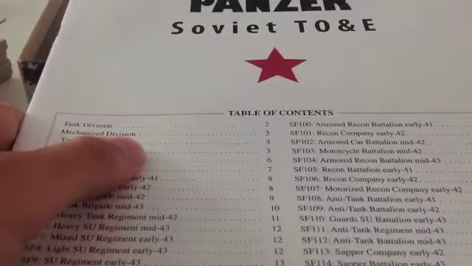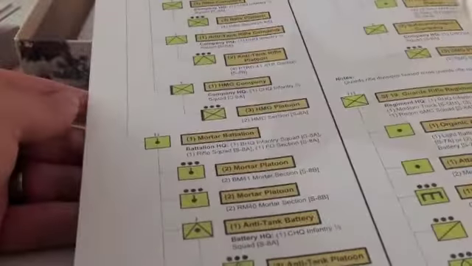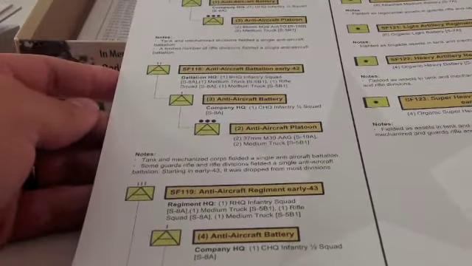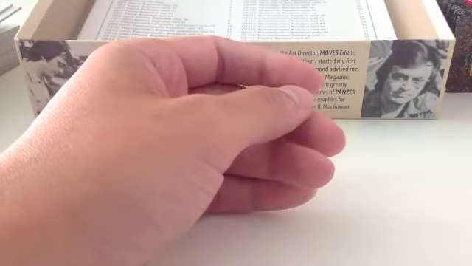Okay, here we go. Panzer Tables of Organization. Wow, this is really cool. So even more tables of organization. This is all for the Soviets. So I can pull this back so you can see this a little bit better. But you've got 28 pages worth of tables of organization involving Soviet units. So there, and again, there was some of this that was at the beginning of the expansion